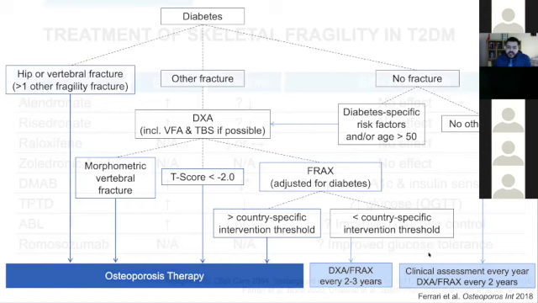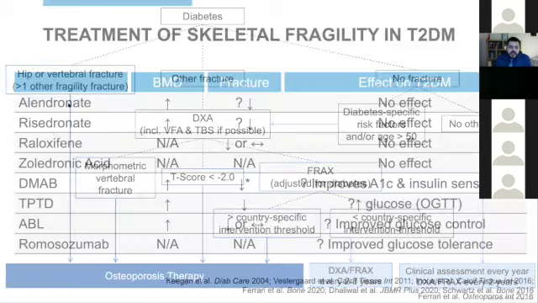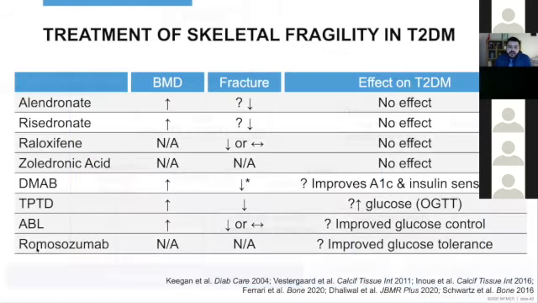And this is, again, for your reference, which medications out of our armamentarium in osteoporosis showed to be effective specifically in type 2 diabetes. Not that many, but you can refer to that. It seems that bisphosphonates do work. Denosumab definitely improves that. Teriparatide, abaloparatide, we have data on that.